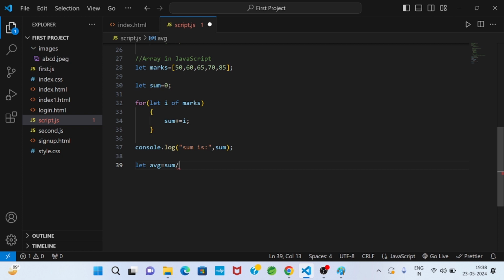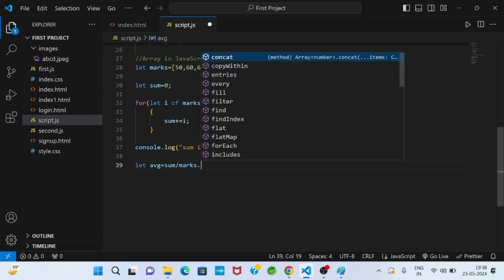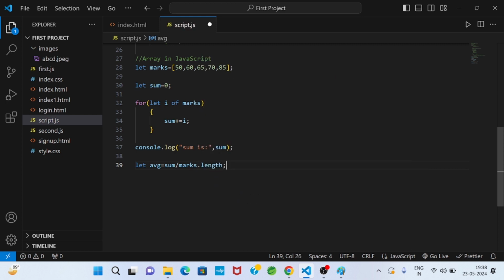In the marks array there are 5 data items. The number of data items is the length of an array, so I can write marks.length. You remember, length is a property to find the length of an array. We can write array.length.